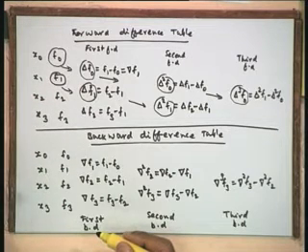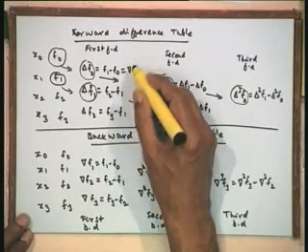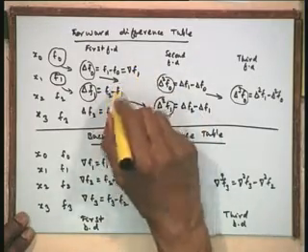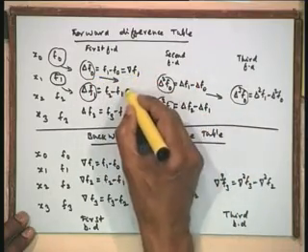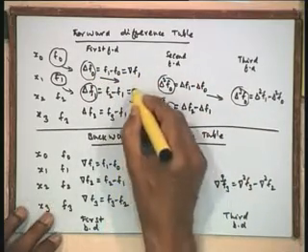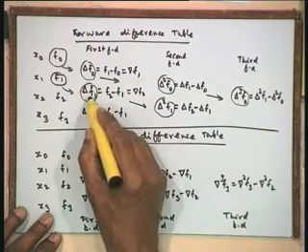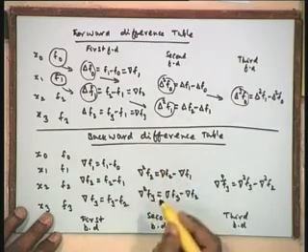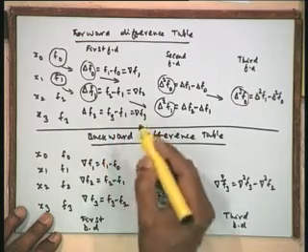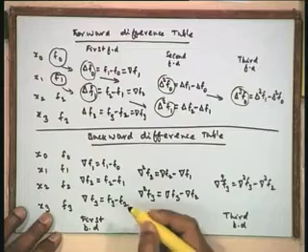If I want to construct a forward difference polynomial or a backward difference polynomial, I can take an element of this table and then recognize it as a suitable forward difference or a backward difference also. This is the same as backward difference delta f1, and you can see that this is the same as the backward difference of delta f2, whereas this was the forward difference of f1. And this is also the same as the backward difference of f3, that is f3 minus f2. So, both are the same.